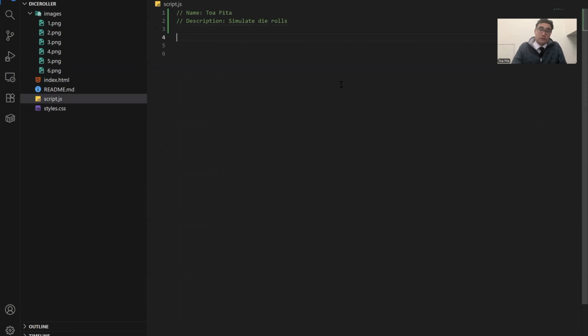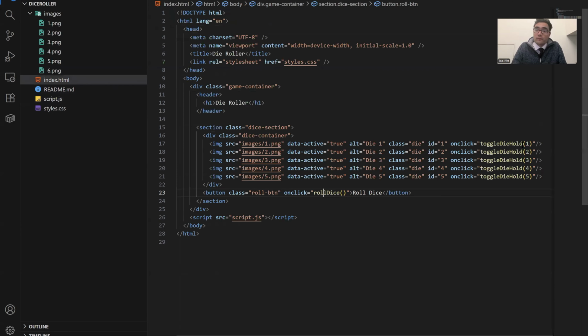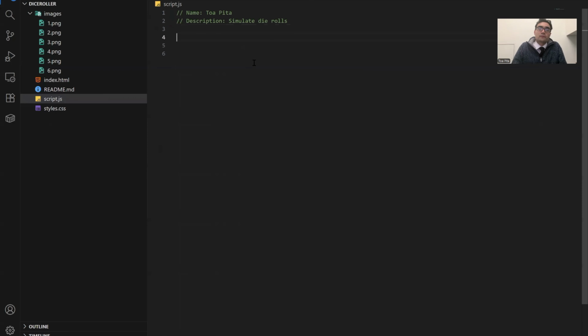And then now we can get started. So if we look over here, this toggle die hold is receiving a number, and that number corresponds with this ID, and you can see that on each of those lines. So I need to write toggle die hold such that it takes one of those numbers. So I'm going to write function toggle die hold, and I'm going to accept an ID,